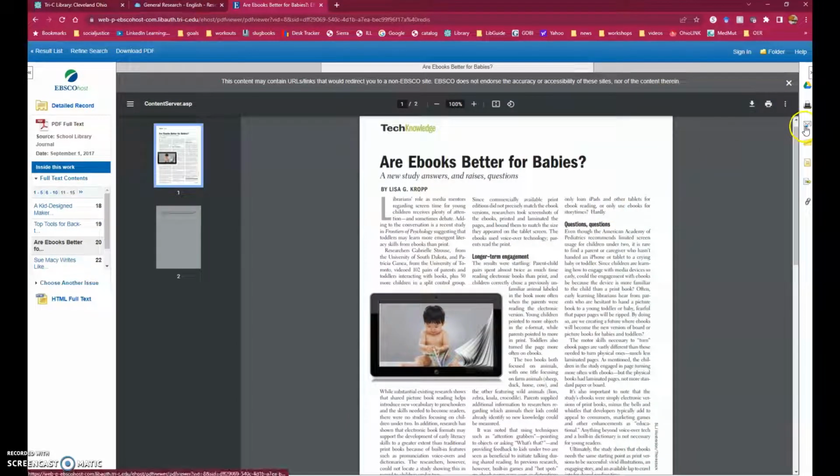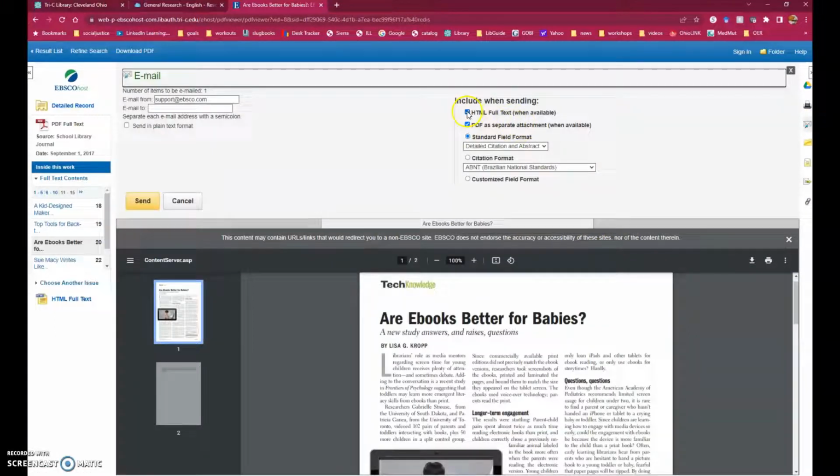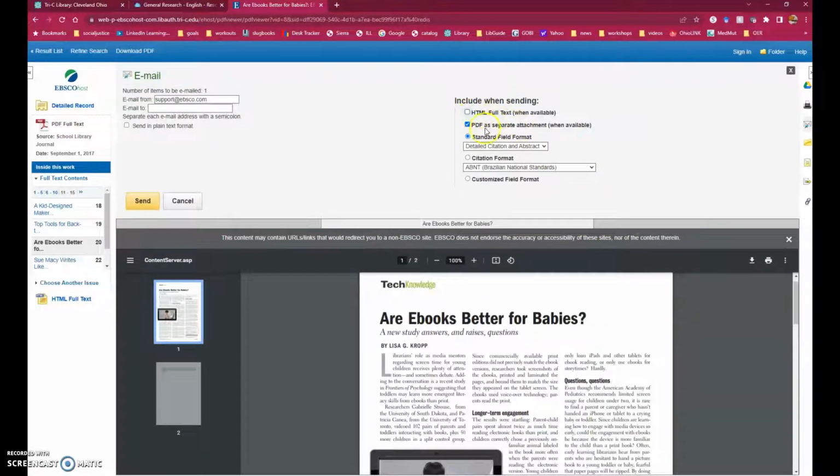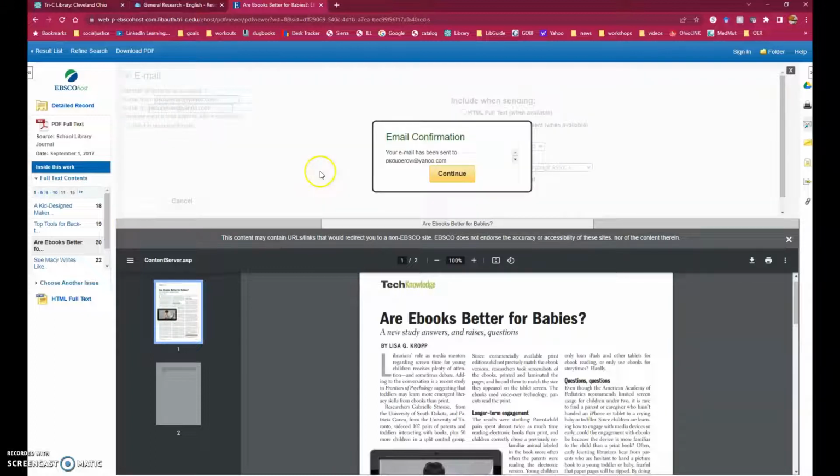Over to the right, you'll see a little envelope icon. That's how I email the article to myself. So I'm unchecking the HTML because I just want the PDF. I drop down again and pick the MLA. I type in my email address and I hit send. And just like in point of view